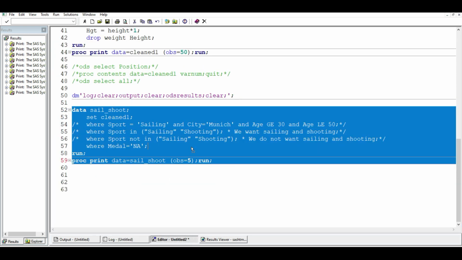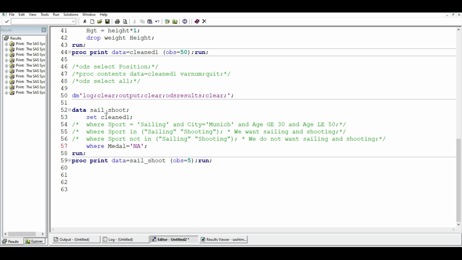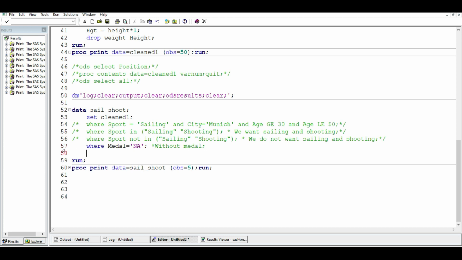Okay, let's say we want the number of people with a medal. Good. So now we want the number of people that actually got the medal. How do we do that? Here is the number of people without medal. So how do we get the number of people with medal? To do that, we just copy this over and then just change the,